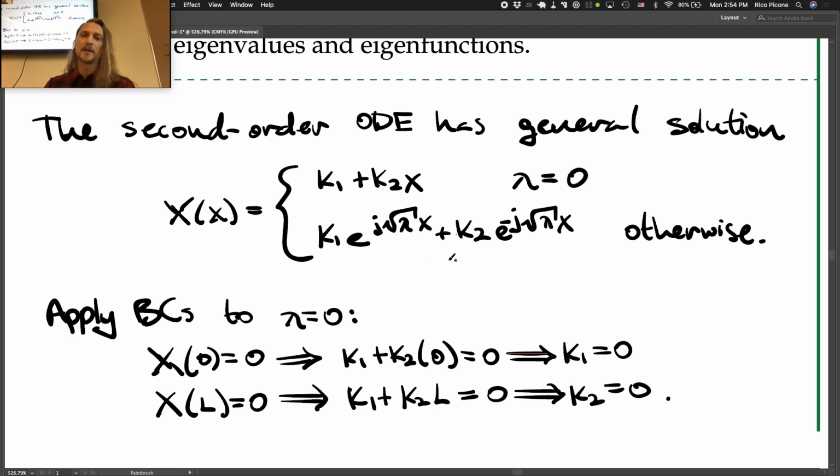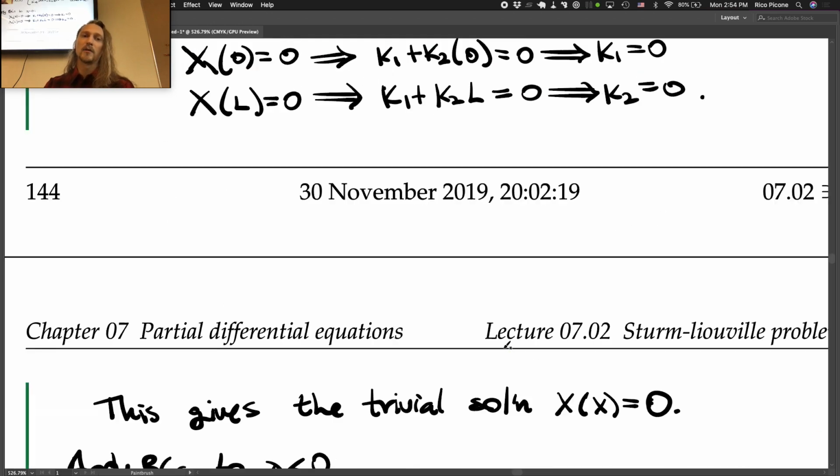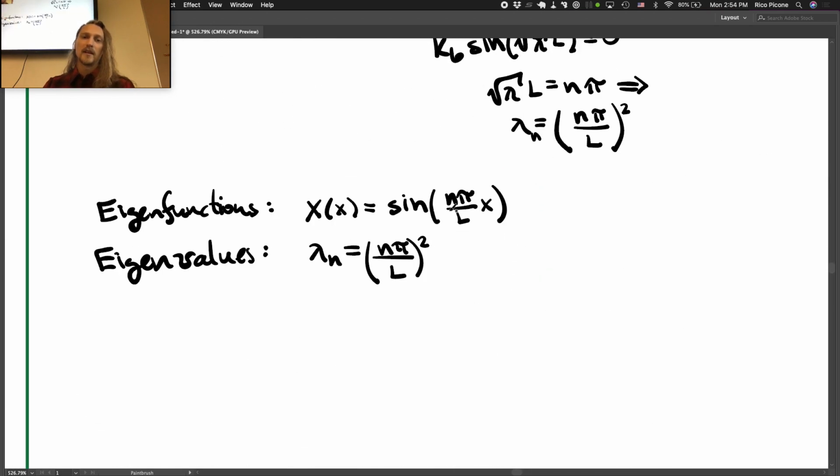So once we restricted this solution down, we're left with this, which is unique within a scaling factor. You could have done 5 times sine, that would have been okay. Typically, you wouldn't. You would just set the constant equal to 1. But you guys remember with eigenvectors, it was a similar thing. They're unique within a scaling constant. So, yeah. Okay. So that's boundary value problems. That's the Sturm-Liouville